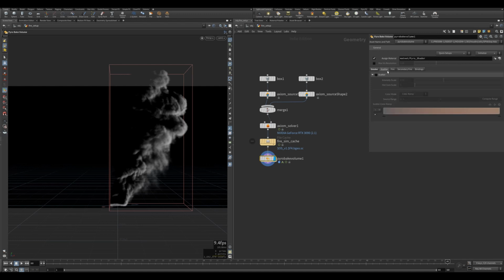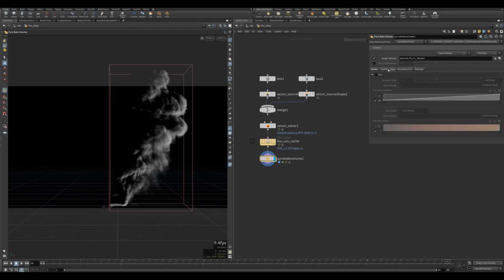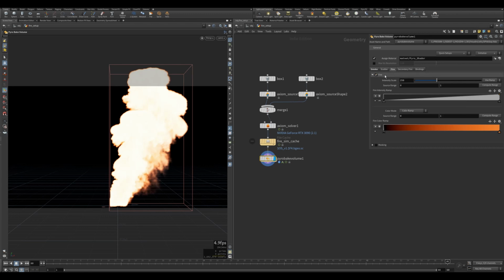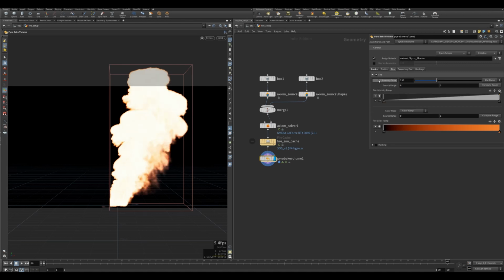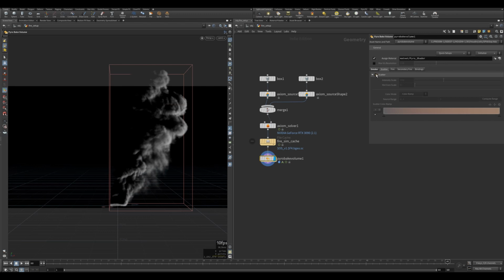Generally for fire, I don't tend to use scatter, but this particular one, because it's a large gasoline fire, I do need scatter because fire alone just will not work, and I'm not going to even use fire. For example, if I just check this and increase the source range or whatever, it's just going to look pretty bad. I'm going to reset that. I want to enable scatter,